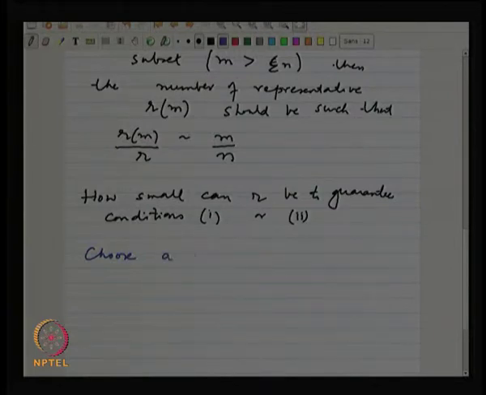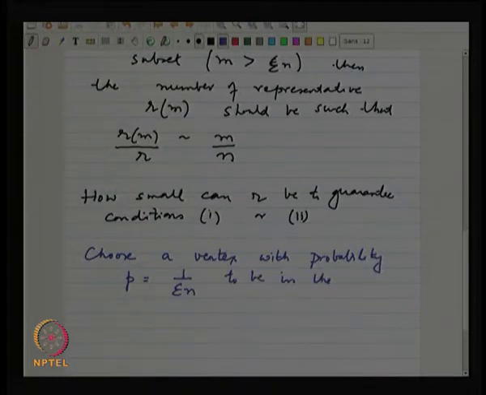Choose a vertex. Now I am talking about that graph, the hypergraph. Here is the vertex and the subsets are the hyperedges, right. So, choose a vertex with probability p equal to 1 by epsilon n to be in the sample. Okay. So, for every vertex,